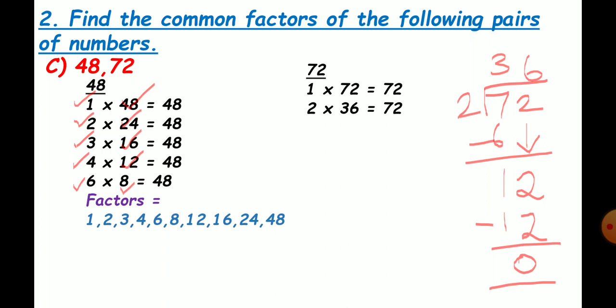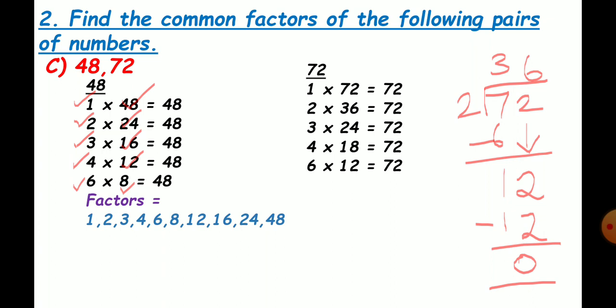2 36s are 72. Same way, divide using 3. Whether it comes in 3 table? Yes, it will come in 3 table. And how many times will it come? It comes 24 times. You have to divide and check. It also comes in 4th table. Divide 72 divided by 4. How many times does it come? 18 times. 5th table it doesn't come because it doesn't end with a 0 or 5. 6th table also it comes 12 times. 6 12s are 72. Each time you can divide and check, children.